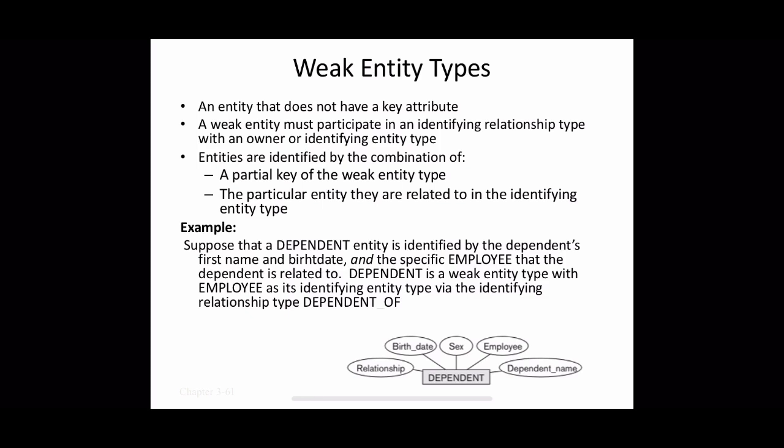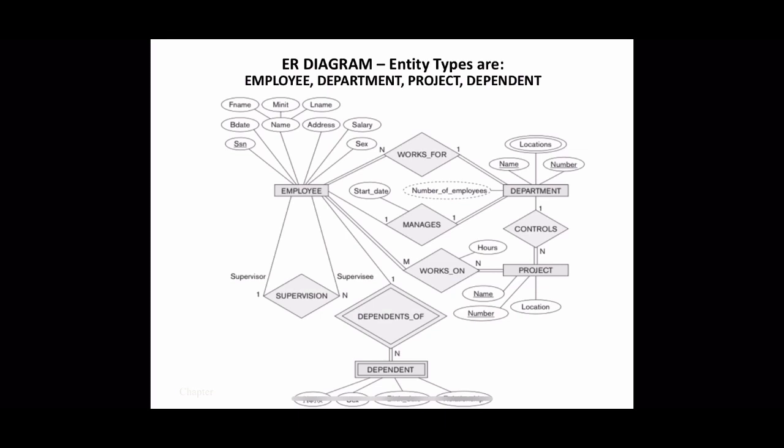So we have learned all the different ingredients required to design our conceptual schema for a company database, right? So let us design this conceptual schema. That is, let us draw the corresponding ER diagram for our company database. This is how it looks. We have identified all the entity types: employee, department, project, and then dependent. These are the entity types, and we have a set of relations: works for, manages, works on, controls, dependent of.